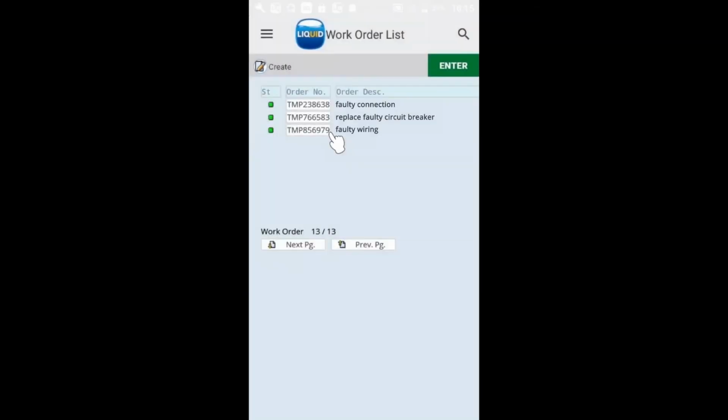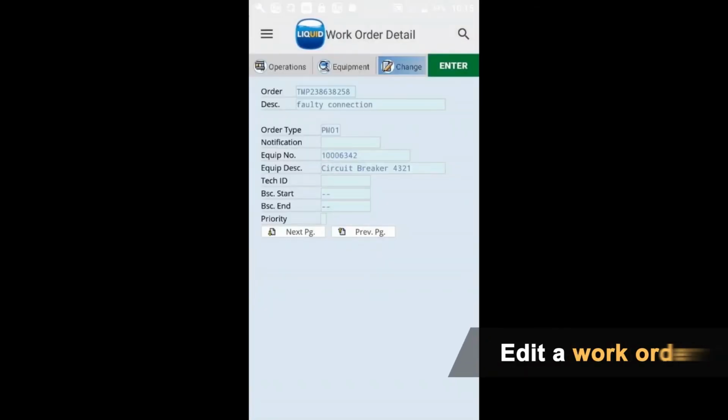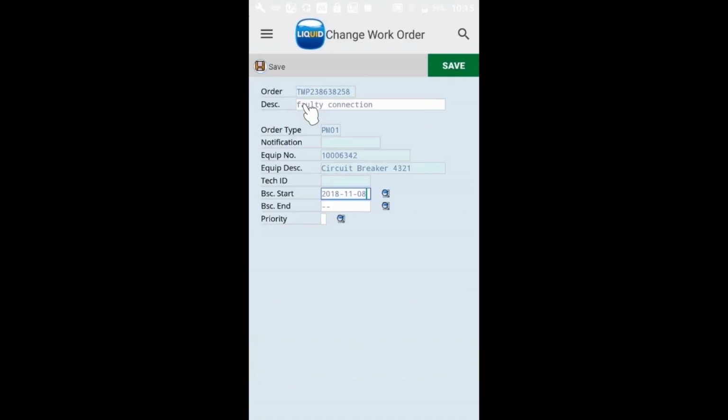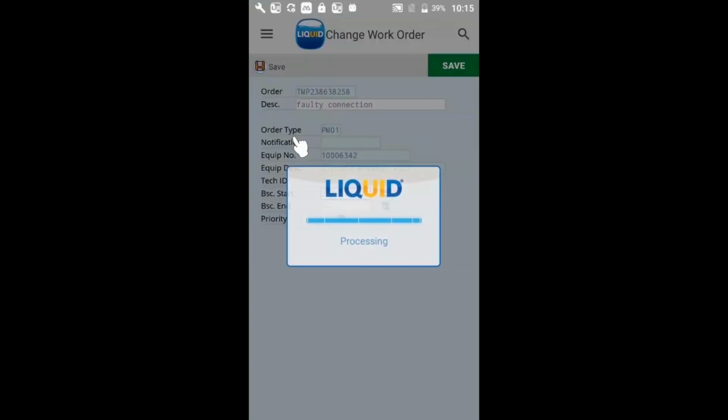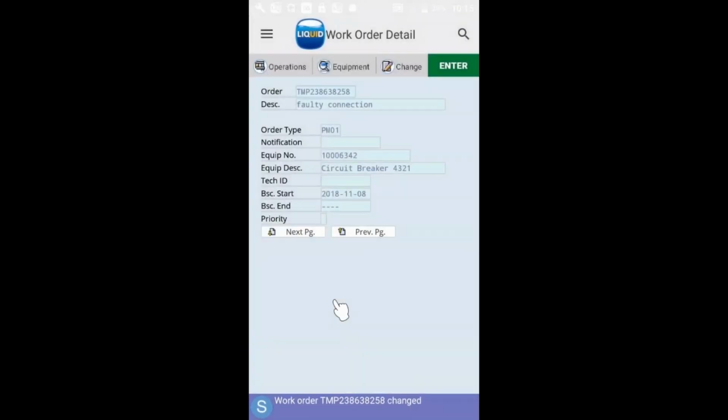The other thing I said I was going to show is the timekeeping. So if we go here and I want to edit this work order, I can say it's going to be today. Obviously, an advantage here is that all of this data can be captured in real time digitally,